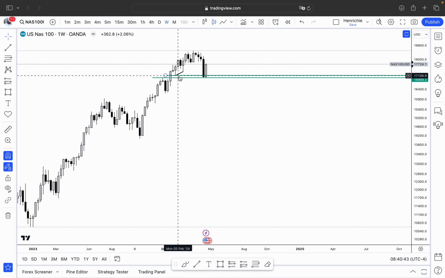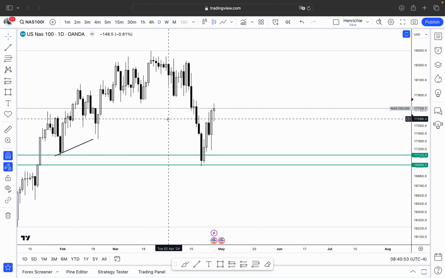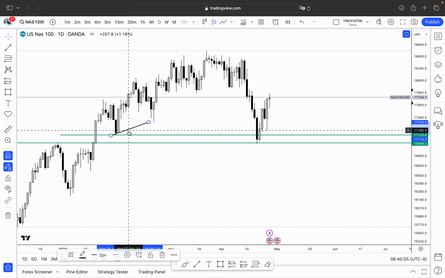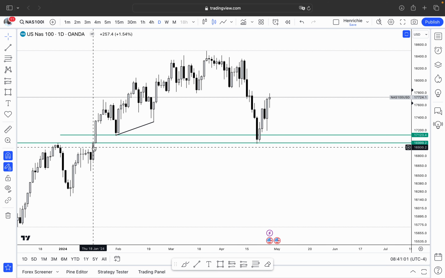So I want to see liquidity resting above my point of interest. In this case, this inefficiency is my point of interest, and this right here is liquidity. The next thing I did was to scale down to the daily time frame. And on the daily time frame, I want to see the daily time frame align with the weekly and the monthly. And on the daily time frame, you can see we have this inefficiency right here,